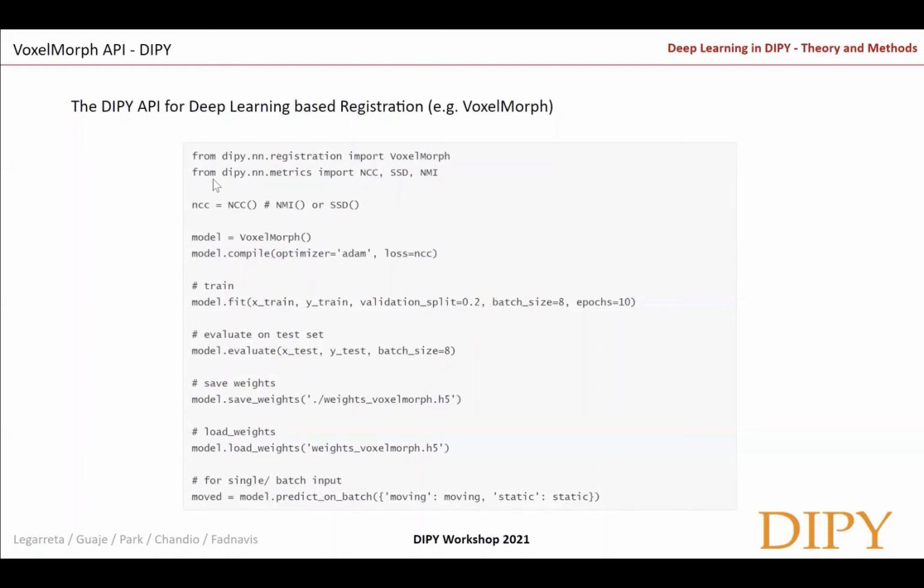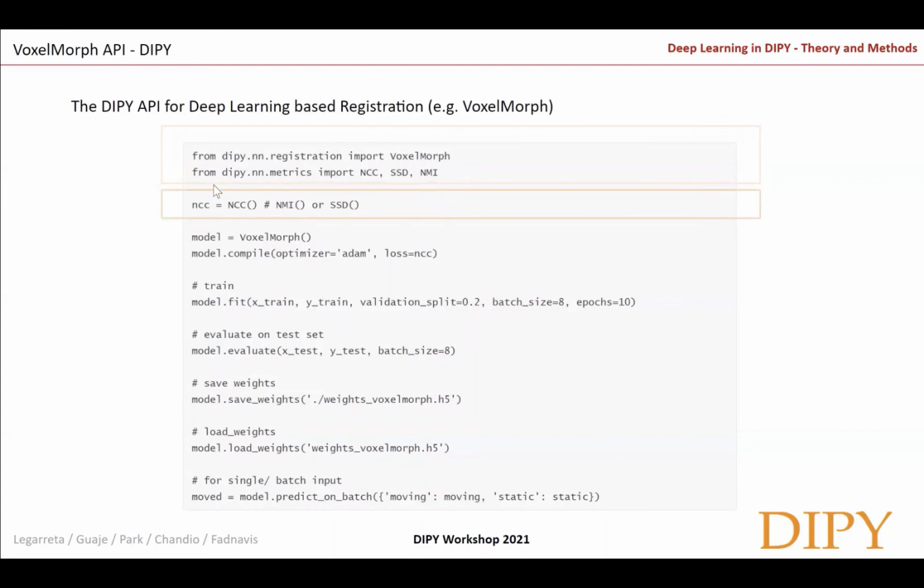Then for the metrics, we have three alternatives. One is the normalized cross correlation, the sum of squared differences, and the normalized mutual information. You may have seen from Serge's talk yesterday about standard image registration. These metrics are even used in the standard image registration that, as Brahmsh contrasted before, is opposed to deep learning based registration.